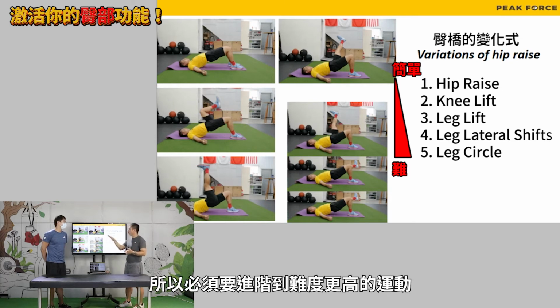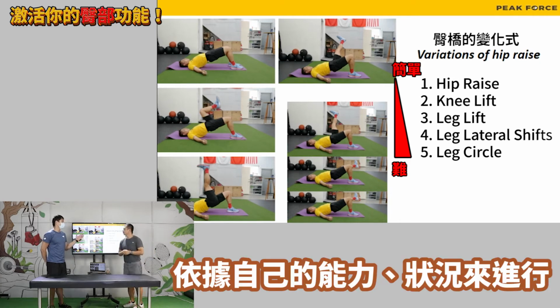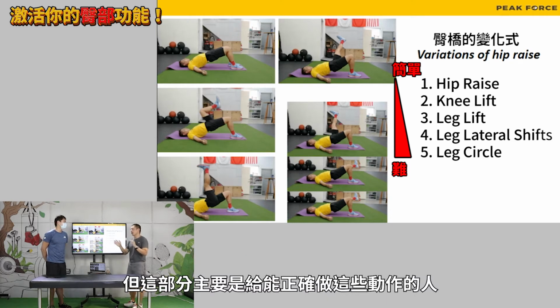So you have to go to a little bit harder exercises in order to activate those muscles. 那所以在这边会有等级1到等级5，是因为说，有些比较强壮的运动员，在做等级1的时候呢，他没有办法去激活到他的臀部，因为他的臀部已经够强壮了，所以这时候呢，就会依他的能力，从1进阶到2，然后3、4、5这样的方式来进行。